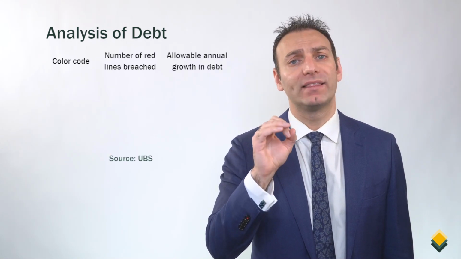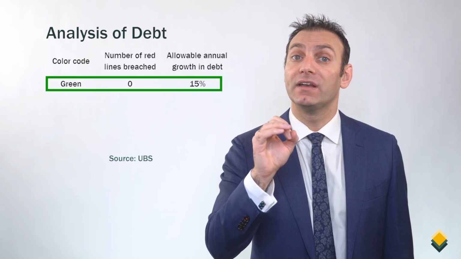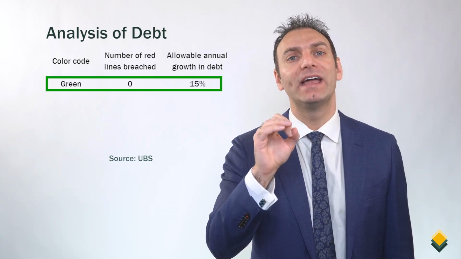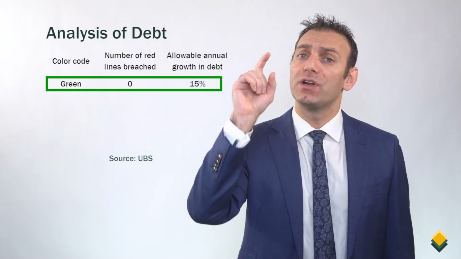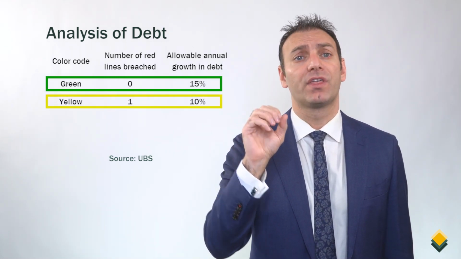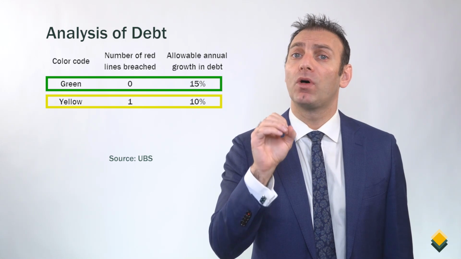Now, if real estate developers violate these 3 red lines, well, there will be rules around the allowable annual growth in debt. In fact, there's a color code scheme as follows. If a company breaches 0 red lines, the color will be green and the allowable annual growth in debt will be 15%. If a company breaches 1 red line, the color will be yellow and the allowable annual growth in